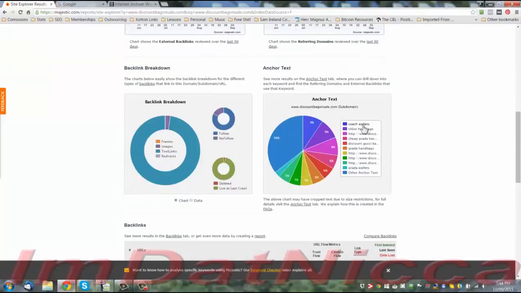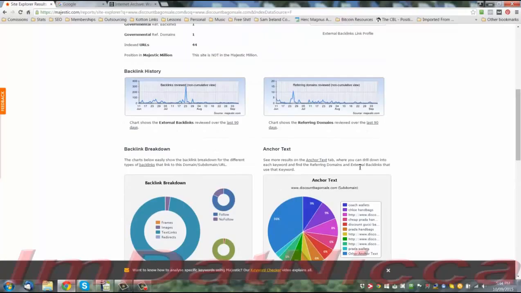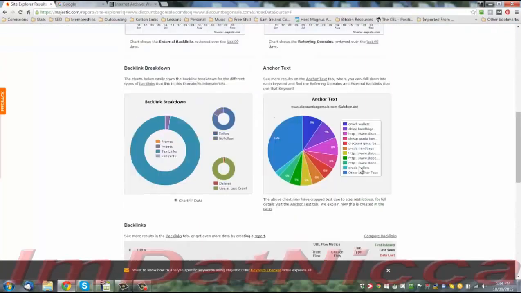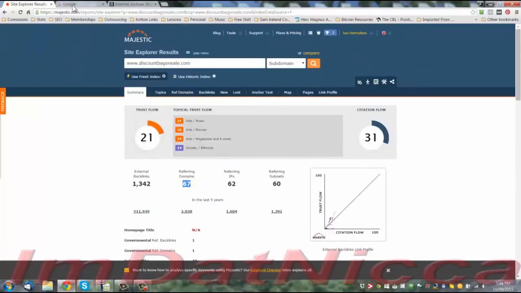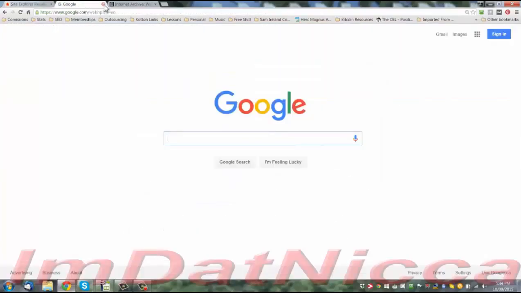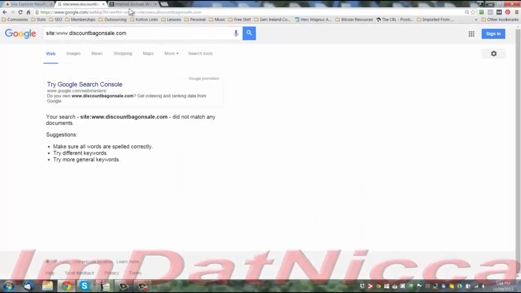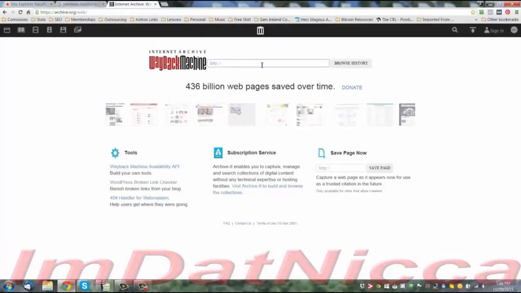But then in the anchor text, we're seeing coach wallets, handbags, and that's not really spam, but it's definitely at the gate of spam. So it's likely something that could have gotten de-indexed for over-optimizing their anchor text into the site. But as of right now, everything's looking okay. We don't do the Google check because obviously it's going to be de-indexed, and I'll show you that. There you go. So what we would want to do is do a Wayback check